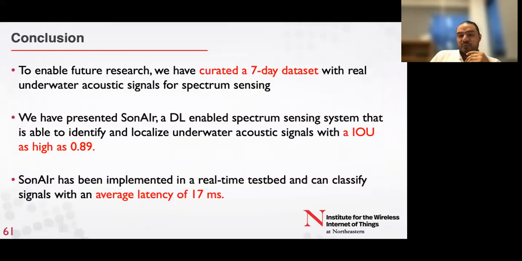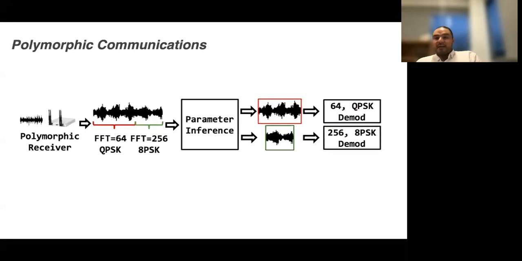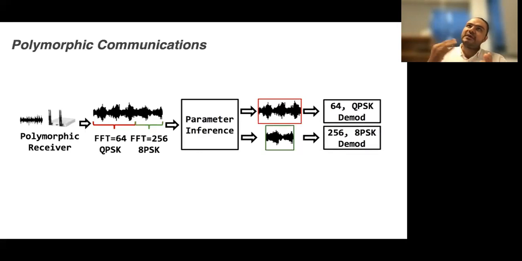The next step we were looking at is, can we actually do polymorphic communication? What that means is, can we remove the handshake between the transmitter and the receiver pair? By analogy, the transmitter will send a receiver a sentence, and every word of that sentence is transmitted in a different language. You don't tell your receiver what language you're using in every word. The receiver will just get all these words and the sentence, make an inference, and then adapt its receiver in real time